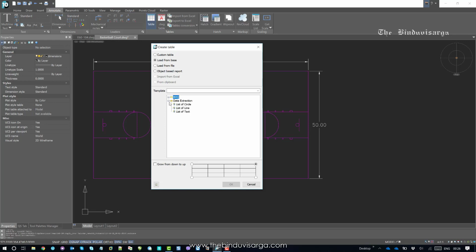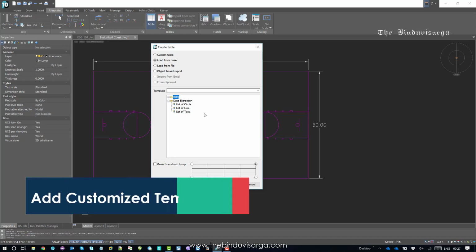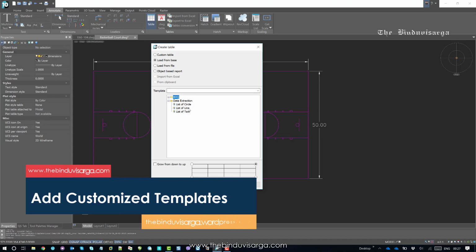So you can click on data extraction, and as I said, these tables are so customized. I mean, you can set the header of each of the tables according to your need, and you can add as many tables as you need for your projects. So let's start with the line. So if we choose